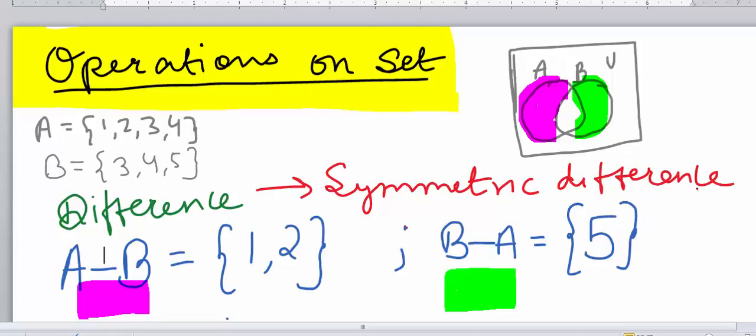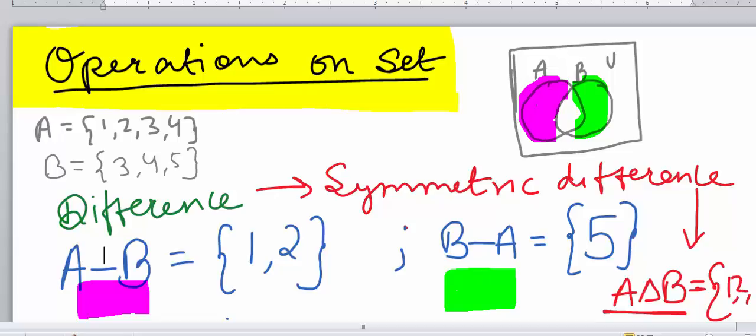Symmetric difference can be denoted by A symmetric difference B. This A symmetric difference B is nothing but the union of A minus B and B minus A. That is, it contains elements which are only in A and only in B. So the elements of A symmetric difference B will be 1, 2, 5,